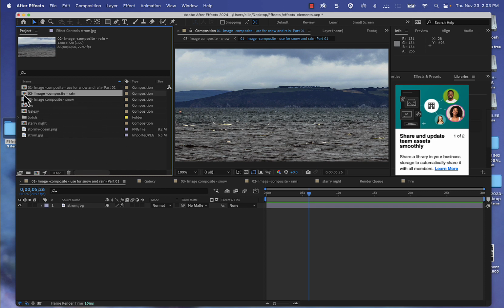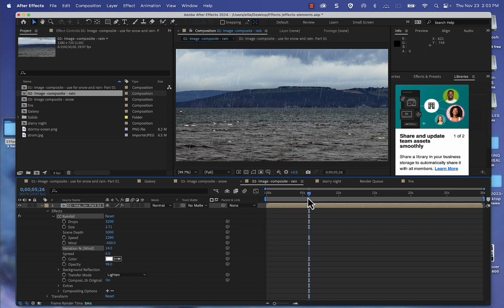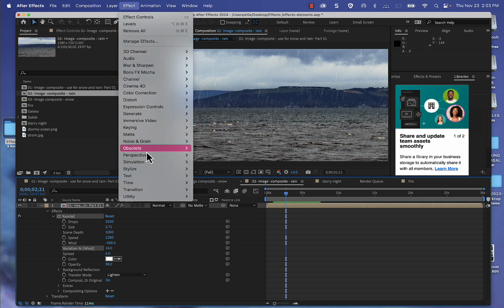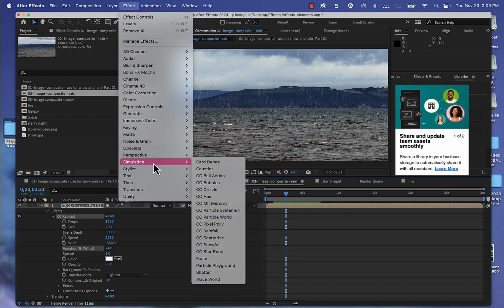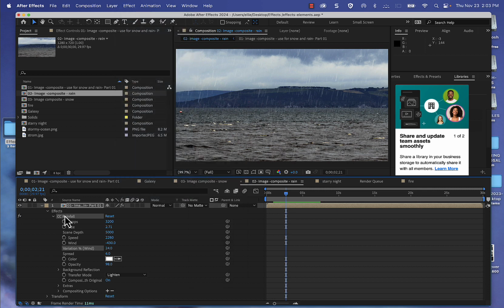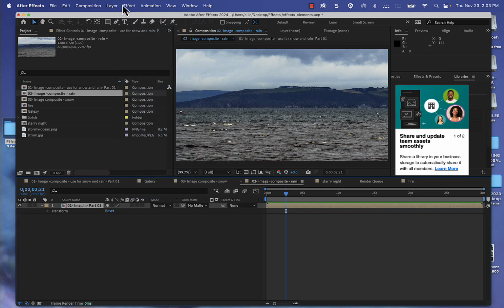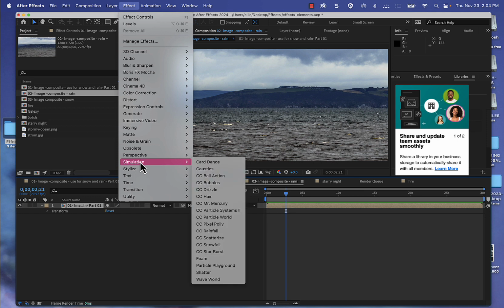The first one is going to be rain, so I'm going to double click it, and then as you can see, I have my rain happening here. And the way you get to that, you would select your layer, effects. Actually, I'm going to just delete this to show you again. Effects, simulation,